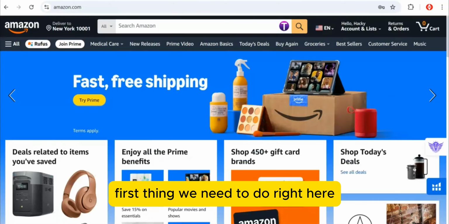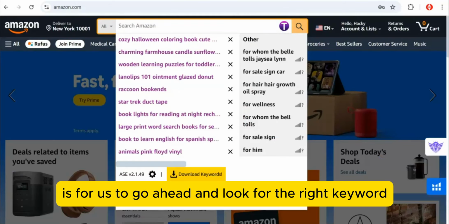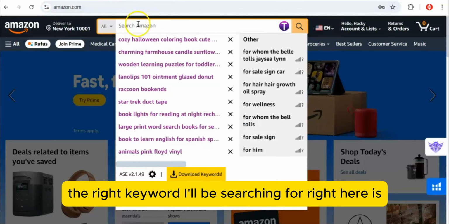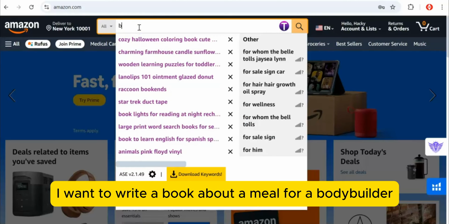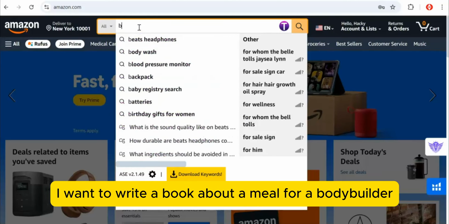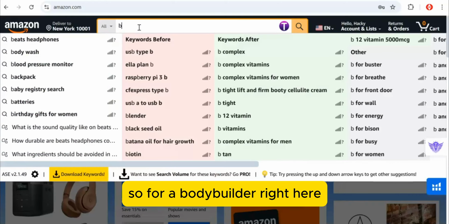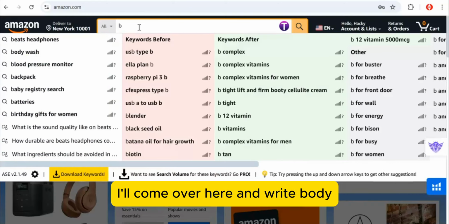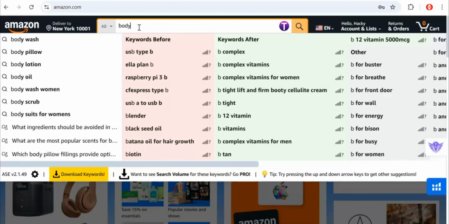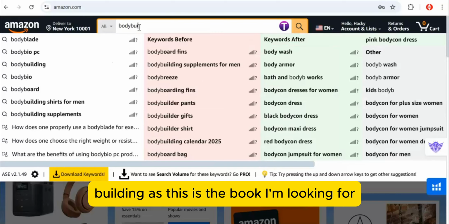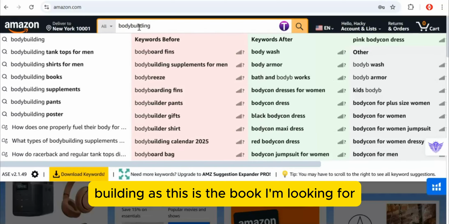The first thing we need to do is look for the right keyword. The keyword I'll be searching for is for a book about a meal for a bodybuilder. So I'll come over here and write bodybuilding, as this is the book I'm looking for.